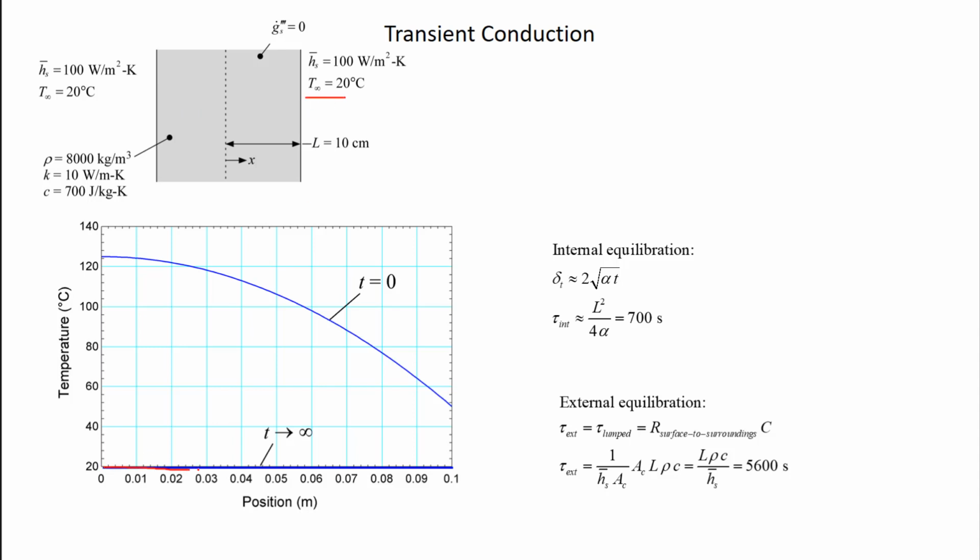So I'm going to get this temperature distribution that's 20 degrees Celsius. I'm going to start here. The real question is, going from here to here, what does that process look like, right? And this is a case where you can at least anticipate what the process looks like using these time constants. To get a real solution, an analytical or a numerical solution is going to be kind of involved, and we'll go through how to do that using separation of variables and Laplace transforms and numerical techniques in the next few lectures. But before we do any of that, it's really nice to have some kind of physical feel for what's